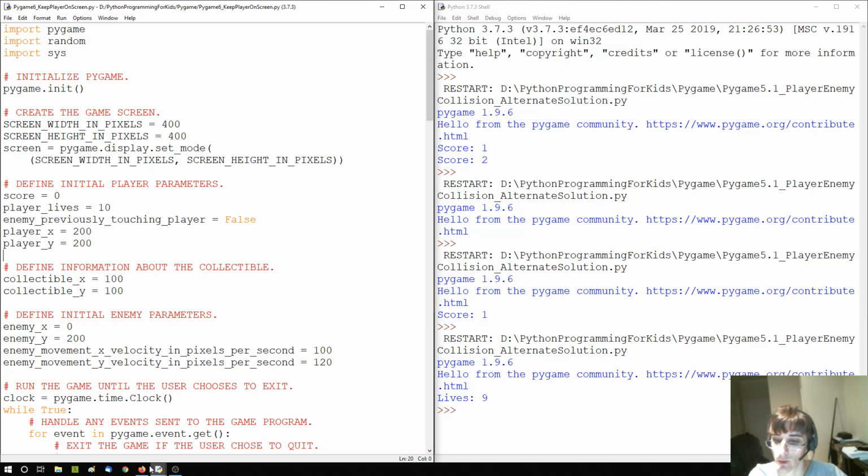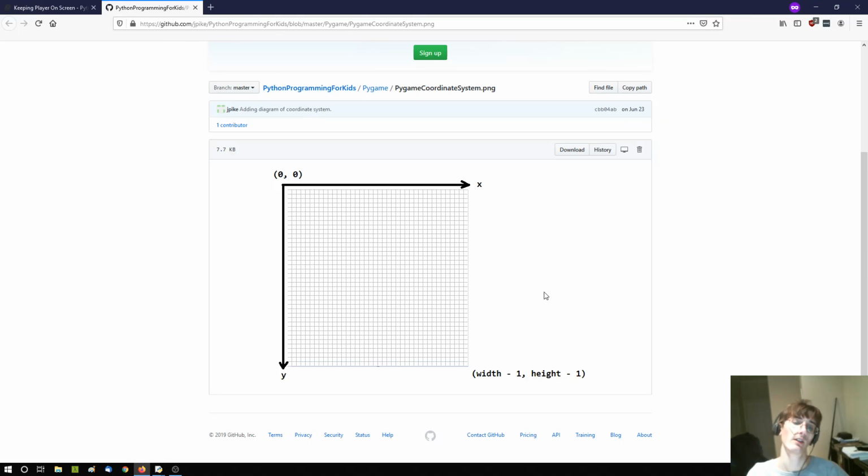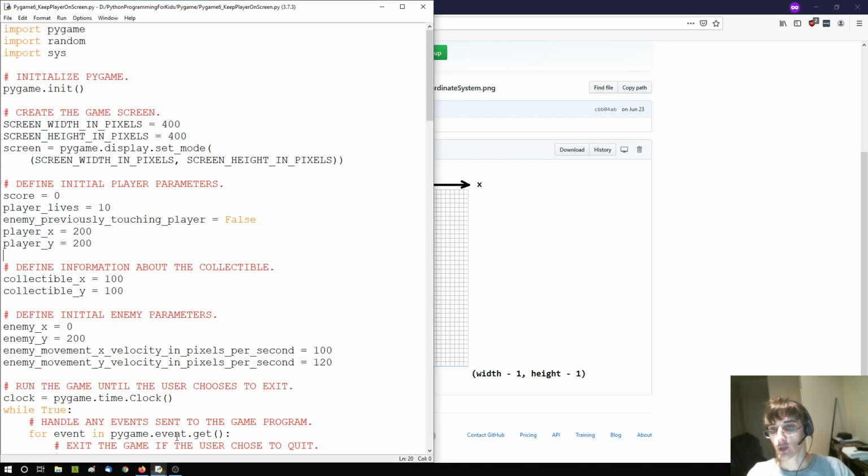With that being said, if you remember some things we've done before, we're already keeping the collectible and the enemy mostly on screen. But if you'll recall, our screen has a coordinate system like you may have seen in math, where the top left corner is coordinate 0, 0, increasing x values go across, increasing y values go down, and the bottom right corner of our screen is going to be the width minus 1 and the height minus 1, just because we start counting at 0. So if we go back to our game here,